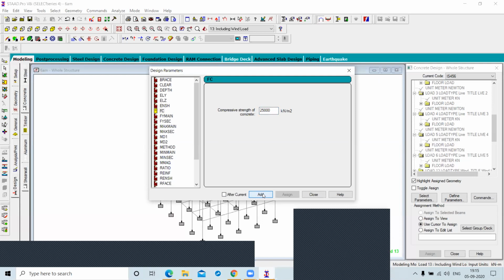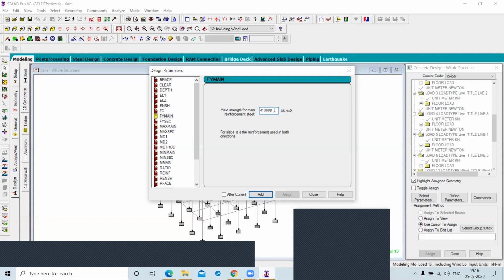And what is the FY main? Strength of steel, the rebars. You can say the rebars or steel also, right? So what is the value we put here? What types of steel do we have in the market?